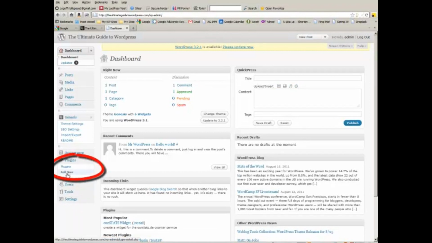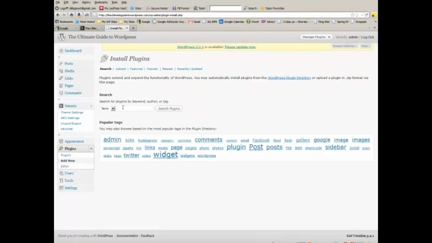Click on Plugins and then click on Add New. And one of the plugins that we like, that we recommend, is Akismet. It's an anti-spam plugin that will really cut down on your comment spam. So type in that search term,